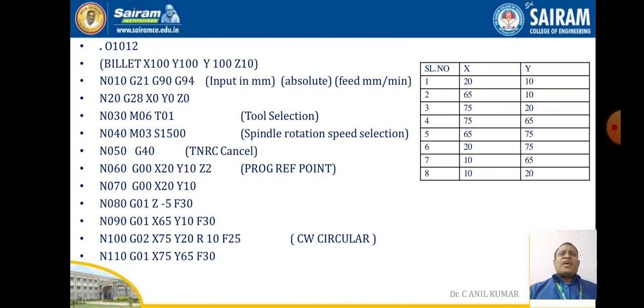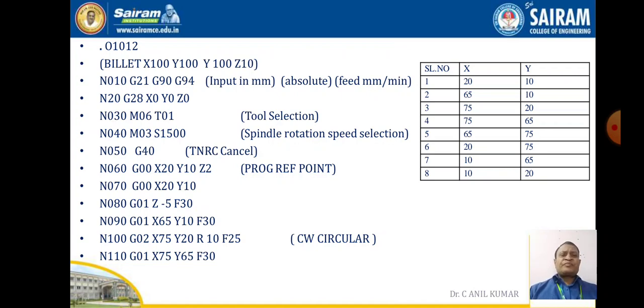N120, G03, X of 65 and Y of 75, R10 as well as F, it can be made 25 or it may be 30. But here in this slide we have considered F of 30,